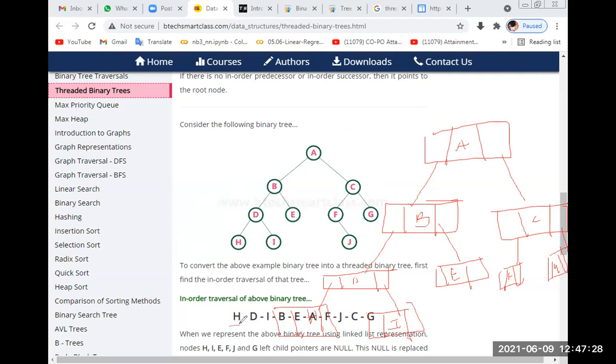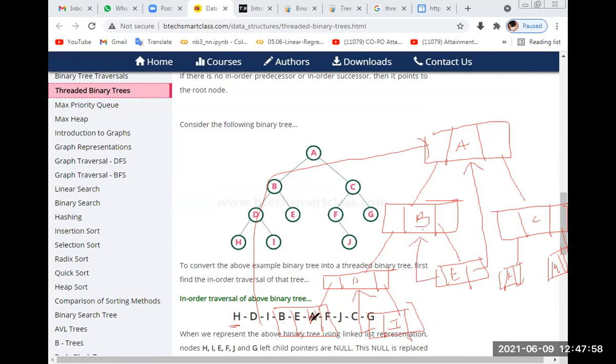For the right link, there is no previous node in in-order, so directly connect the address of the root node. First we connect the left subtree only. I's left is D, so we store the address of D here. Consider E: it has left B and right A, so on the left you store the address of B and on the right you store the address of A.